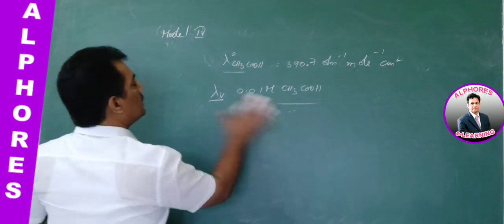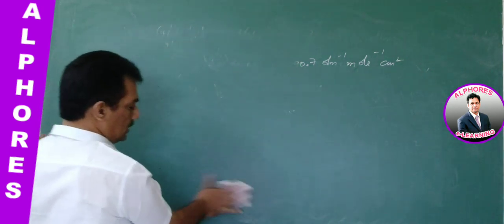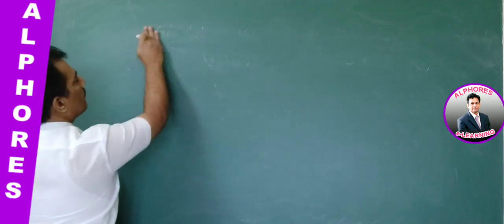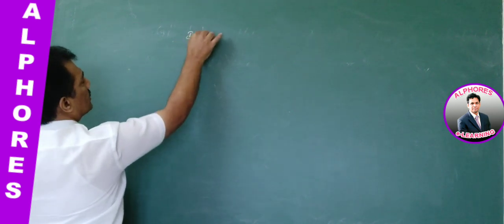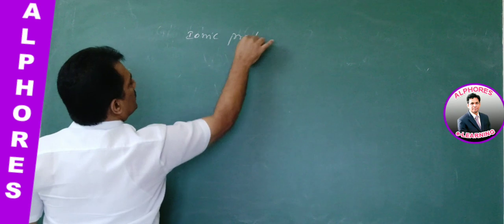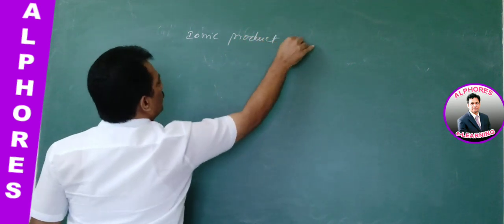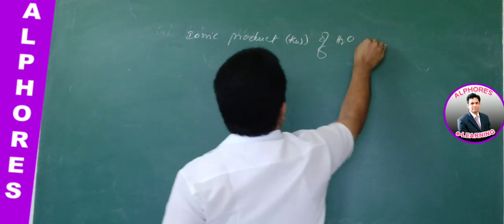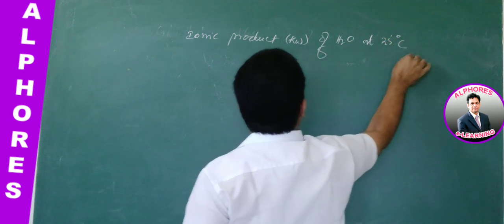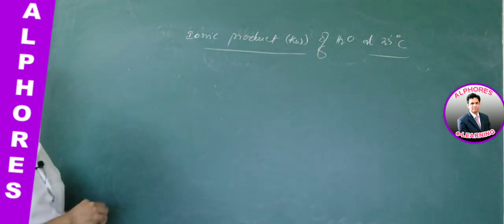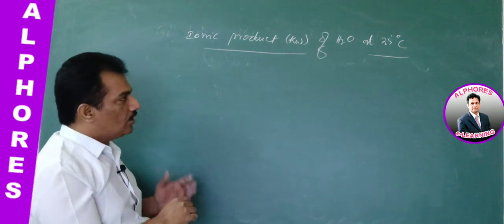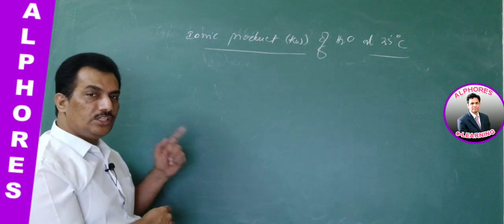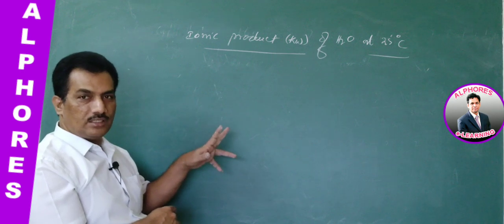And now in this session one more discussion we have to do. That is the last application of Kohlrausch law, in finding the ionic product Kw of water at 25 degrees centigrade. Ionic product Kw. I think you may remember that ionic product is related to the ionic equilibrium chapter, that is related to the first year junior inter syllabus, is it not?